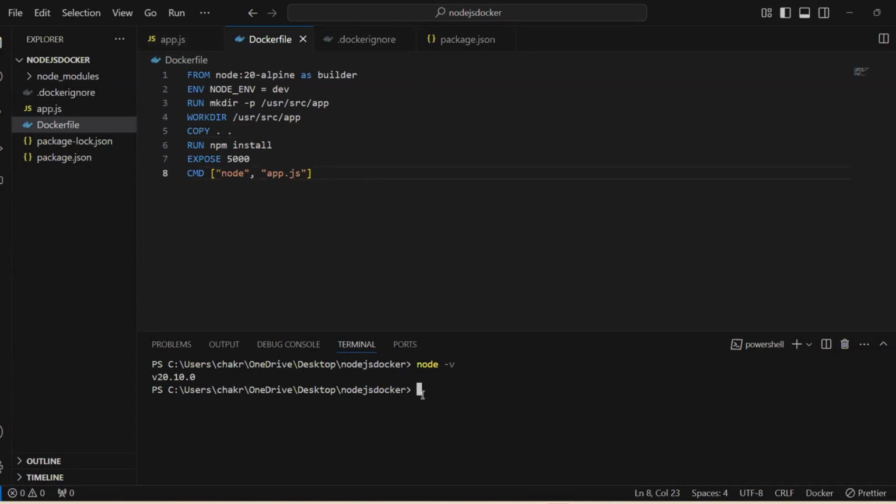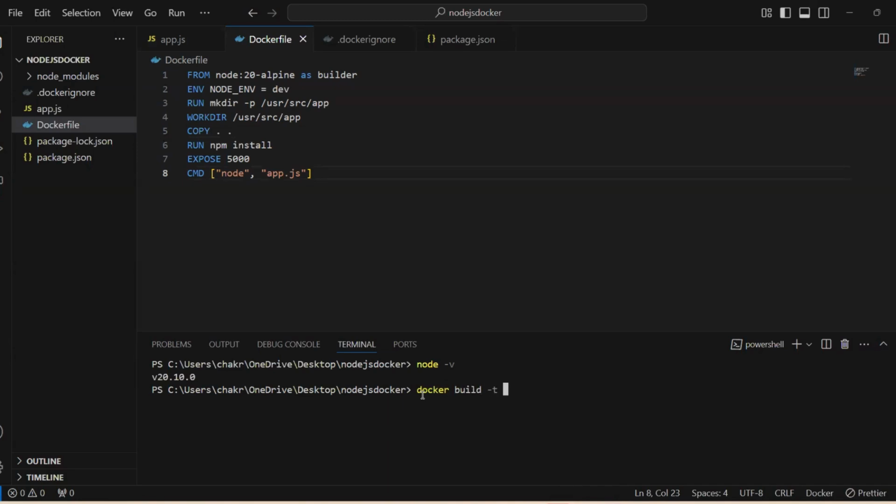This much is enough. Now we need to use two commands, right? Inside Docker, two things will happen. One is it will create one image, and after that we will be deploying that image in our Docker container. So the first step is image generation, right? For image generation, the command we basically use is docker